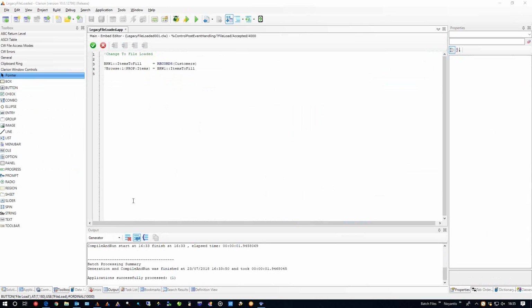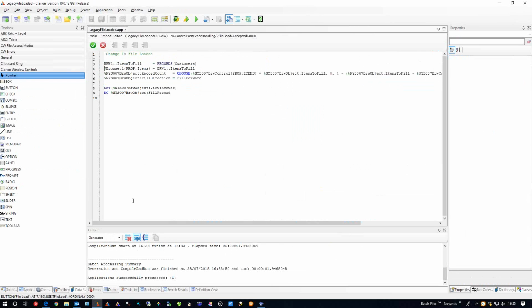Not sure. Here's the type of code which we were talking about before.